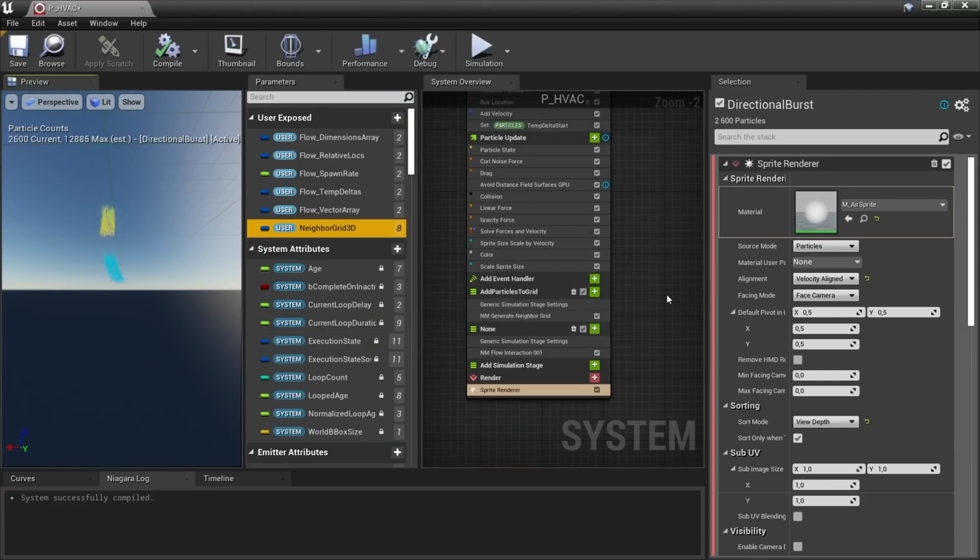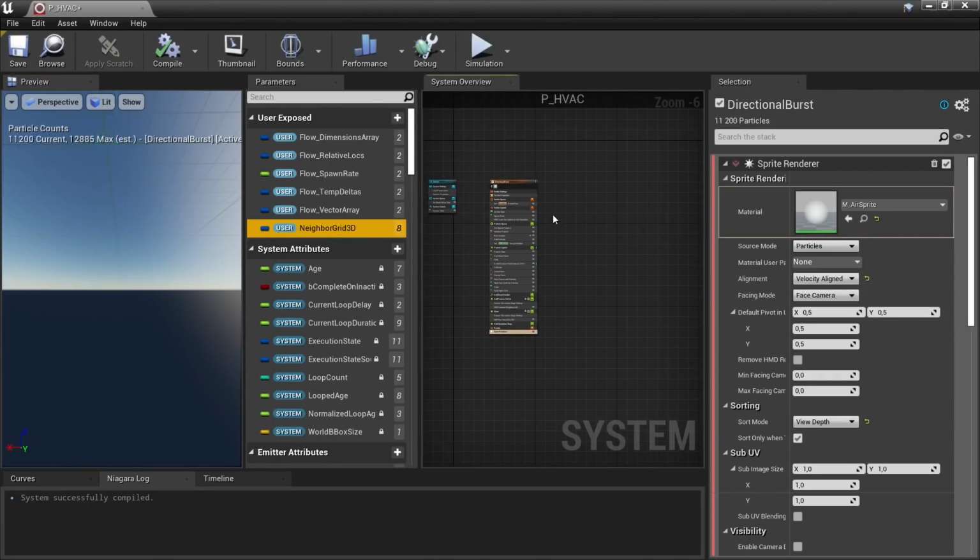Originally these two, you notice they are similar, were part of the HVAC and the temperature; they were part of the same system. There were two emitters here, and they would both talk to each other, and the temperature would propagate between the particles and the temperature grid, and they would update back and forth in real time. But the performance wasn't great, and it was also very complicated to make any changes.